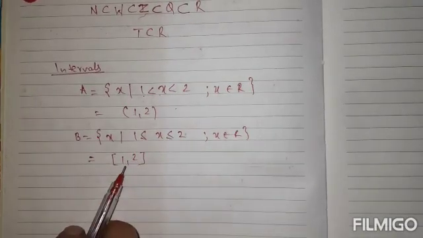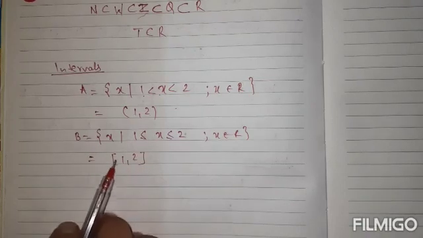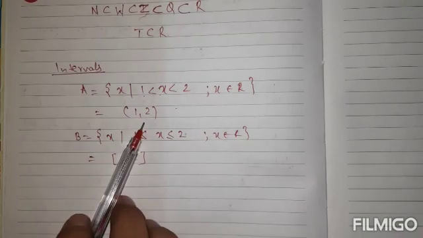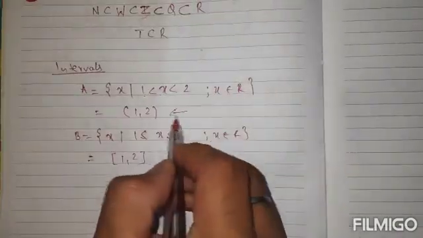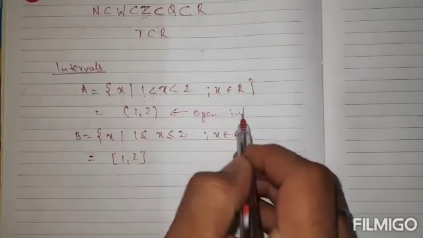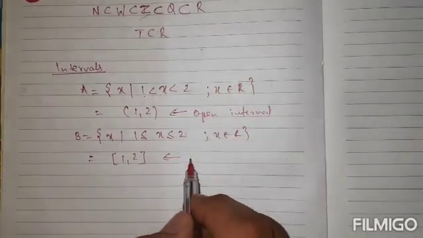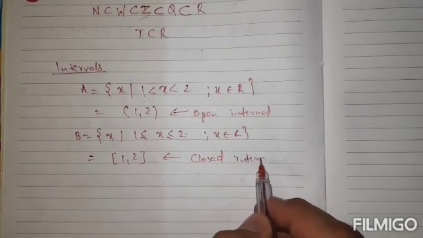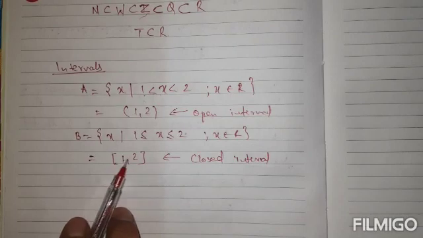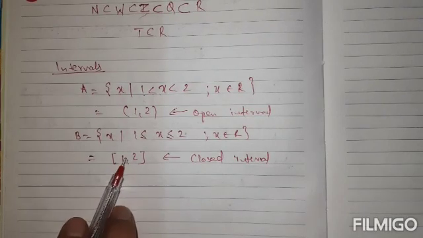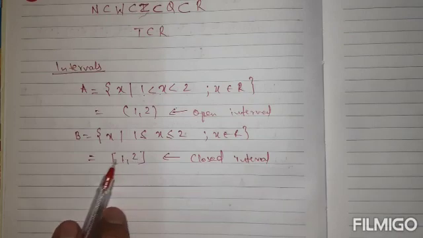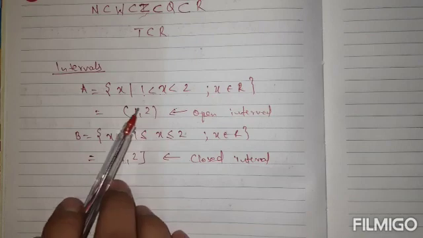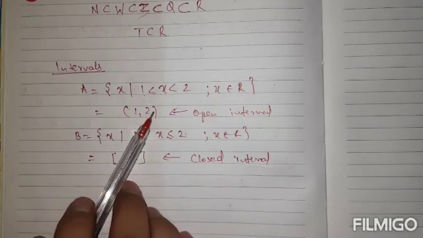We enclose 1 and 2 separated by a comma between this larger bracket. If we enclose the numbers in circular brackets, then this is called an open interval, and this one is called a closed interval. It has a very simple meaning. Closed interval means the end values are included, meaning this is the set which contains 1 and 2 also, and all the numbers between 1 and 2, and this contains only the numbers between 1 and 2, not including these end values, that is 1 and 2.